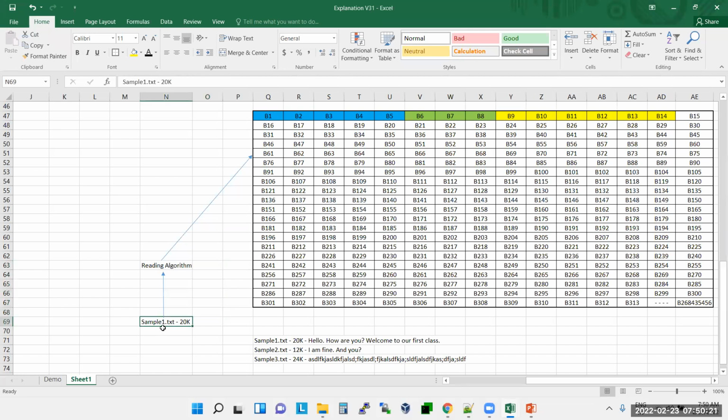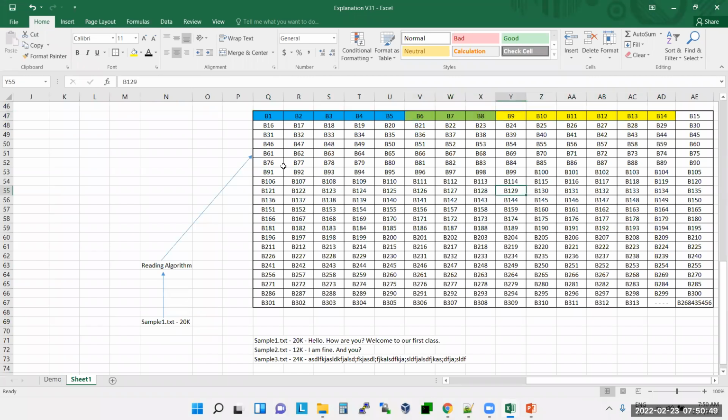Now the question is, how will your reading algorithm or disk header understand which are the blocks related to sample1.txt? There are many used blocks, right? Here there are 5 blocks used for sample1.txt, 3 blocks for sample2.txt, again 6 blocks for sample3.txt.